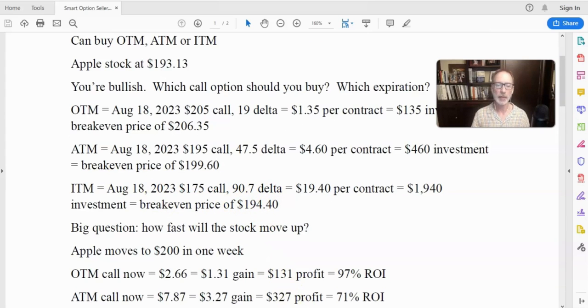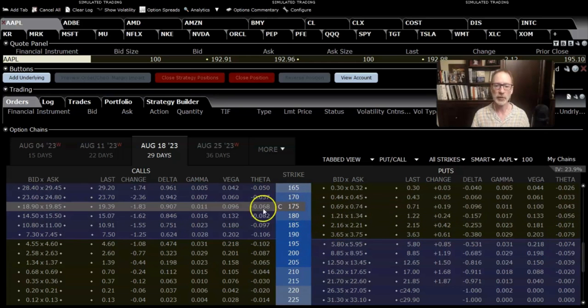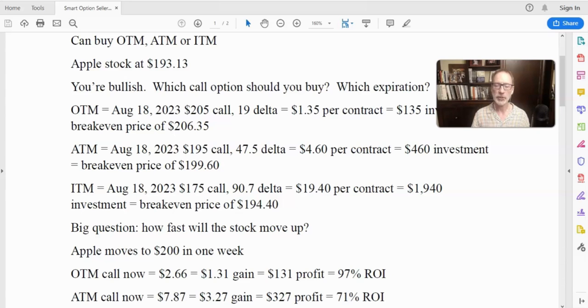Let's go back to the option chain here, just so we're on the same page. The 175 calls, we want to split the bid ask here. It's about $19.40 right in the middle, okay? So cheat sheet here, 175 strike plus 19.40 equals